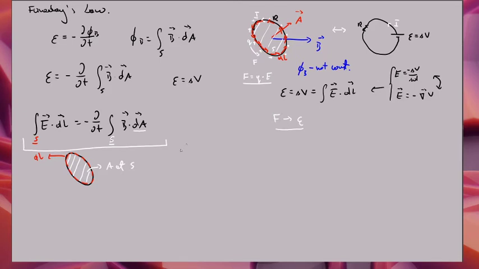Let's say that you have a magnetic field, and the magnetic field points like this. Let's say that this magnetic field varies with time. So its magnitude is some kind of function that depends on time. Maybe it increases, maybe it decreases. So that implies that if you look at the right-hand side of Faraday's law, d/dt of B dot dA,